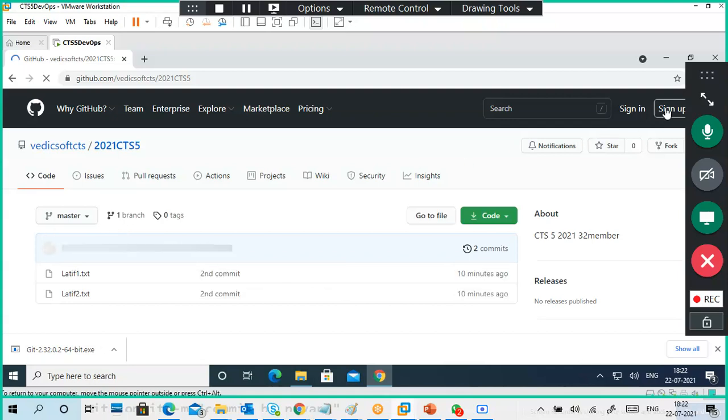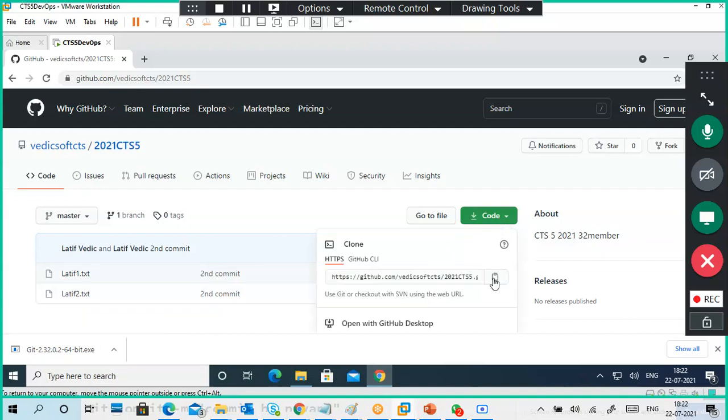If you see sign in and sign up, I don't sign in here. I can just view the files. Go to the code, copy this code, or you can click here to copy the code. So I open the link, I copy the code.